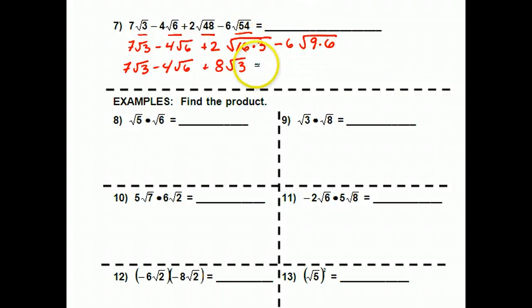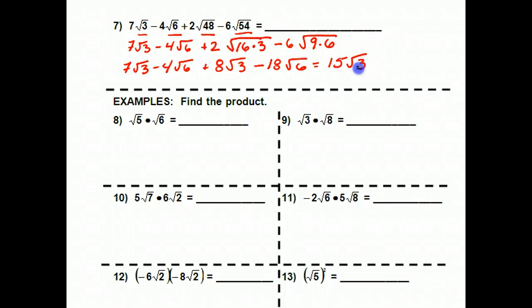Okay, and then the next one, minus. Okay, the square root of 9 is 3. So 3 times minus 6 is going to give me minus 18 roots of 6. And looky here, when it didn't look like I could add anything together up here, now I've got some like terms. Okay, so 7 roots of 3 plus 8 roots of 3 is going to give me 15 roots of